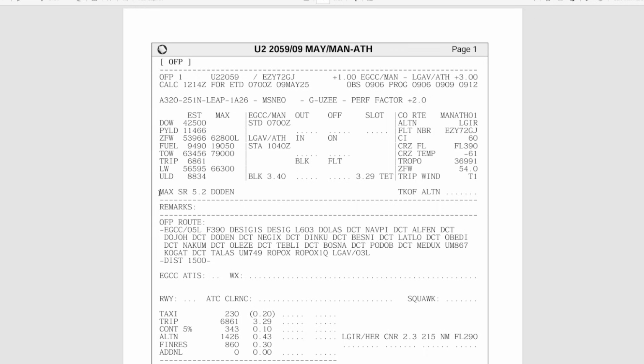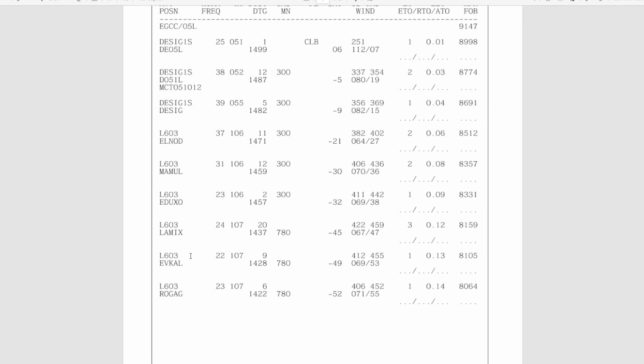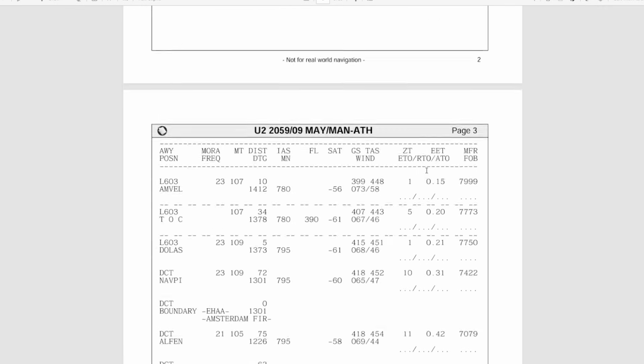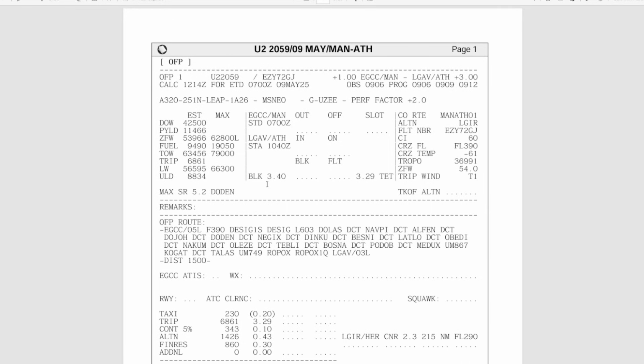So let's just say this was above 8 today and it was going to be above 8 at the waypoint Dodden. I would just be quickly scrolling through trying to find that waypoint, and there it is, and that is 1 hour and 4 minutes into our flight. So about an hour into our flight, you could sort of tell the cabin crew